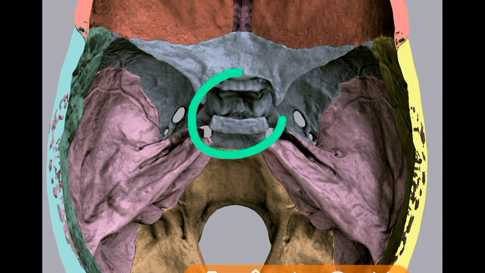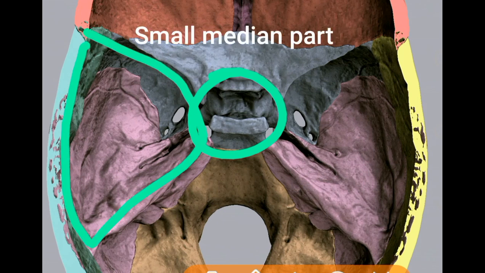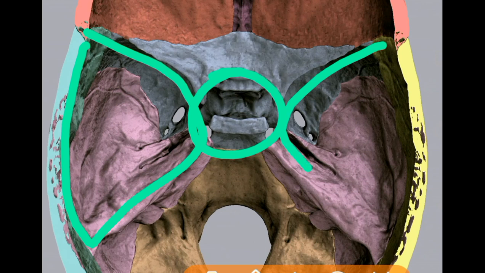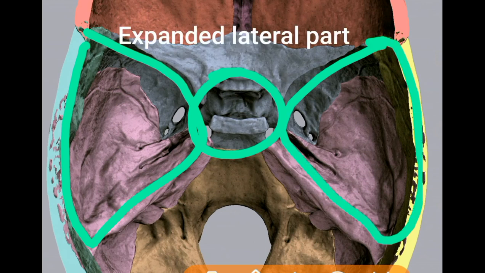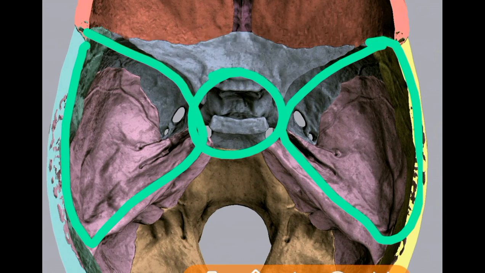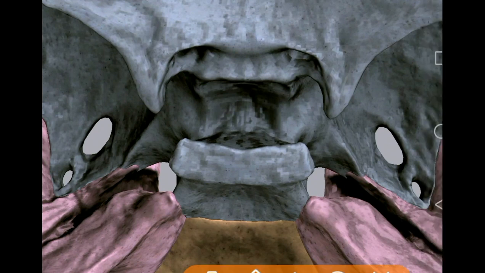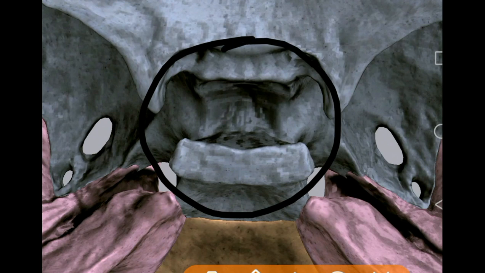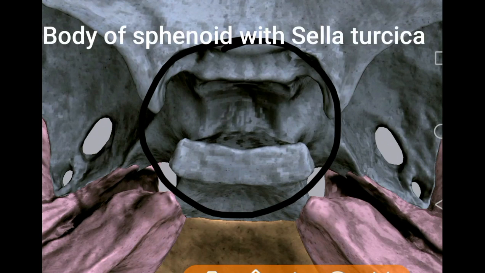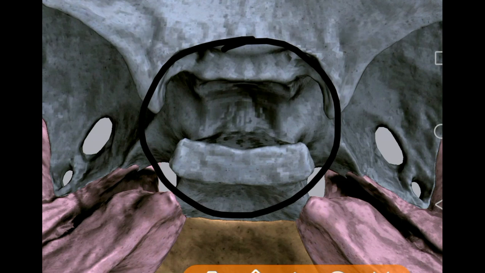bone also. And this middle cranial fossa is divided into a small median part and a pair of extended lateral parts. You can appreciate the central part where the hypophysis will be lodging, that is called the median part, where temporal lobes lodge on each side, they are called the lateral parts. And when you see the median part, it is formed by the upper surface of the body of the sphenoid, that you see, that is the body of the sphenoid, and presents sulcus chiasmaticus there.